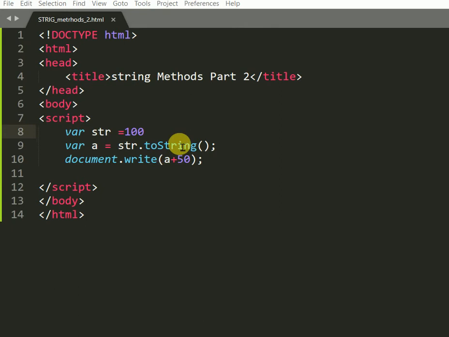And now we'll see the toString function. It will convert to a string. So we get the string 100. It converts the number 100 into a string.